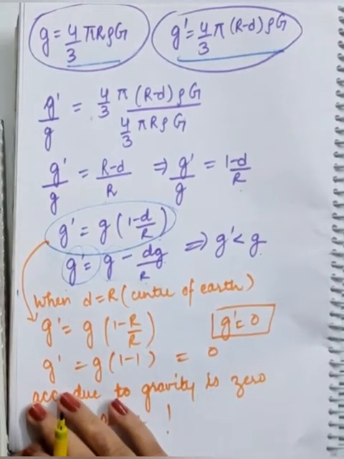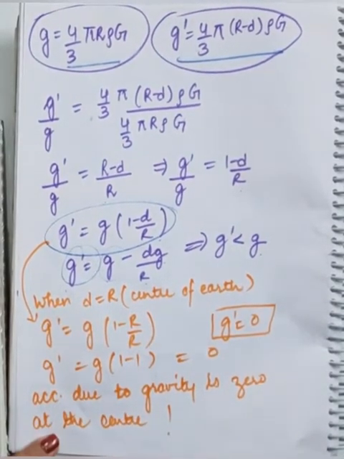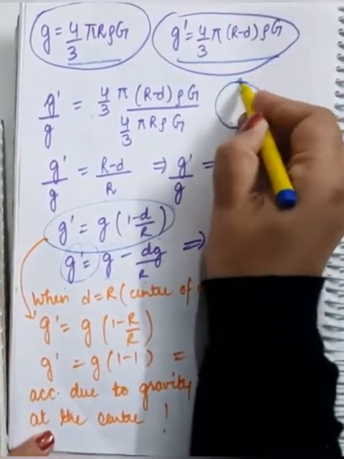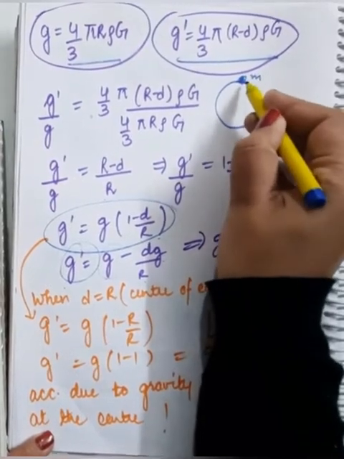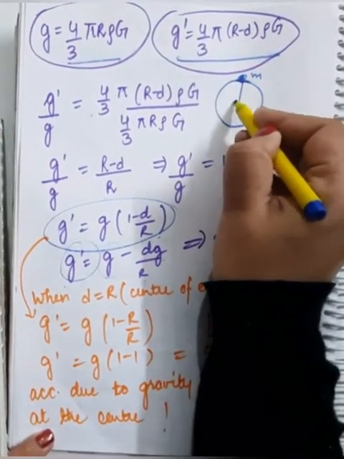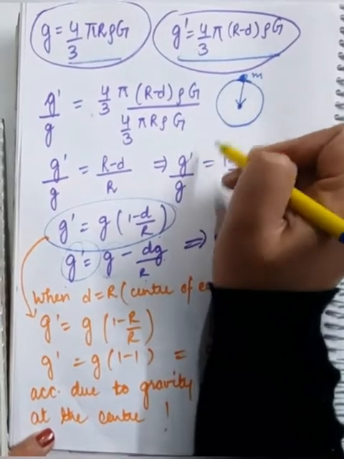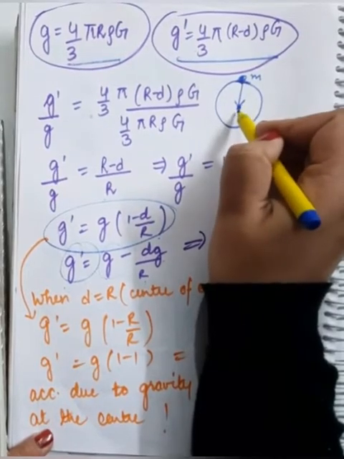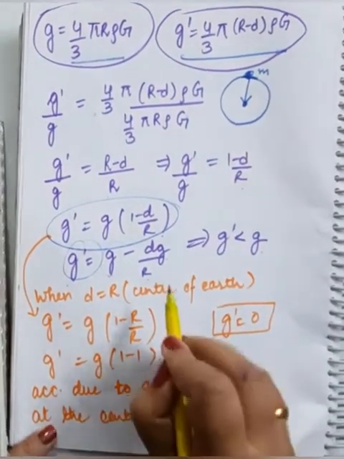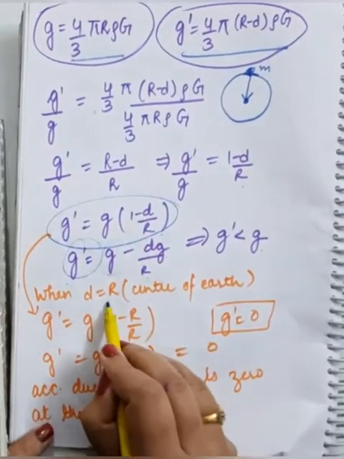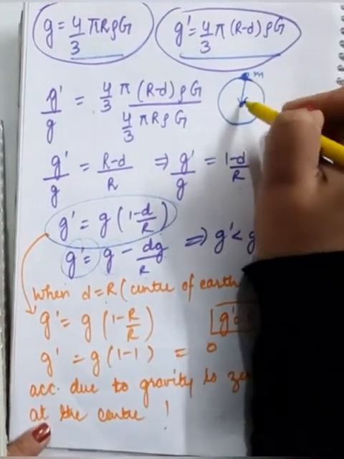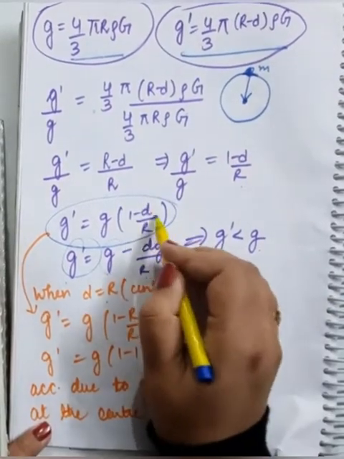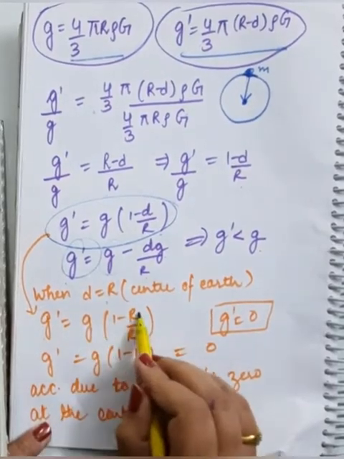Okay, and now it's the time to find out what will be the decrease when you come to the center of the earth. This is the surface of the earth and the object is kept here. When you take the object below to some depth and you bring that object up to the center, then what is going to happen? In this formula, depth can be kept equal to the radius of the earth because you have traveled a distance below equal to the radius of the earth, and you can put r here. So g dash is equal to g (1 minus r by r).